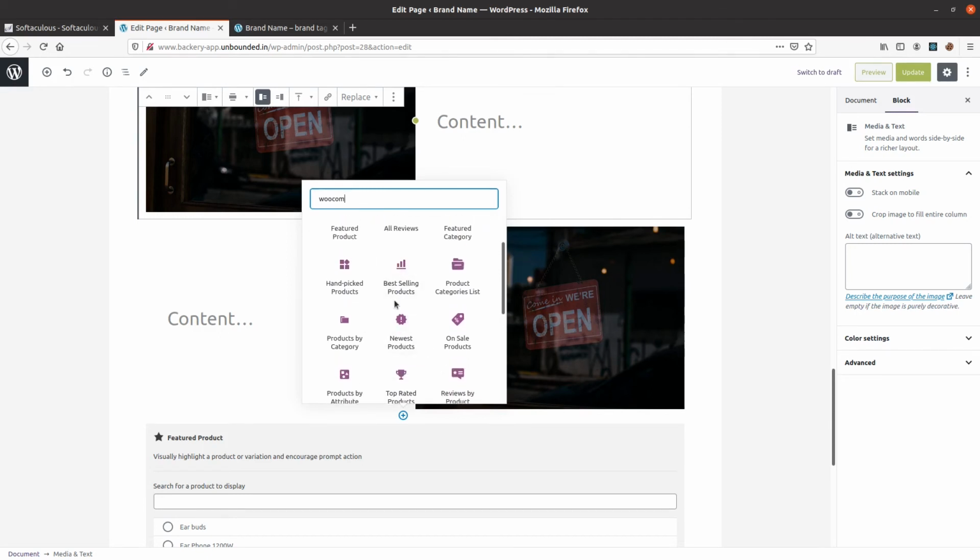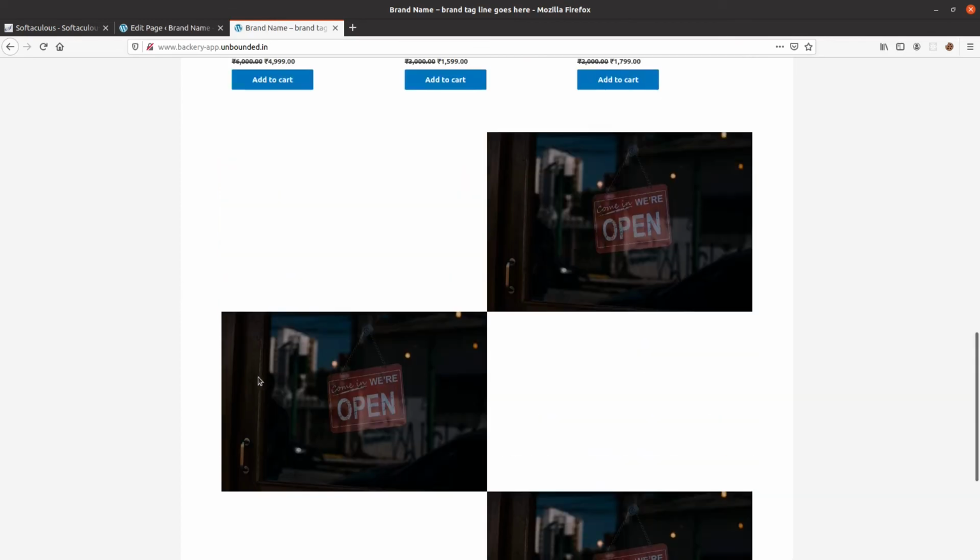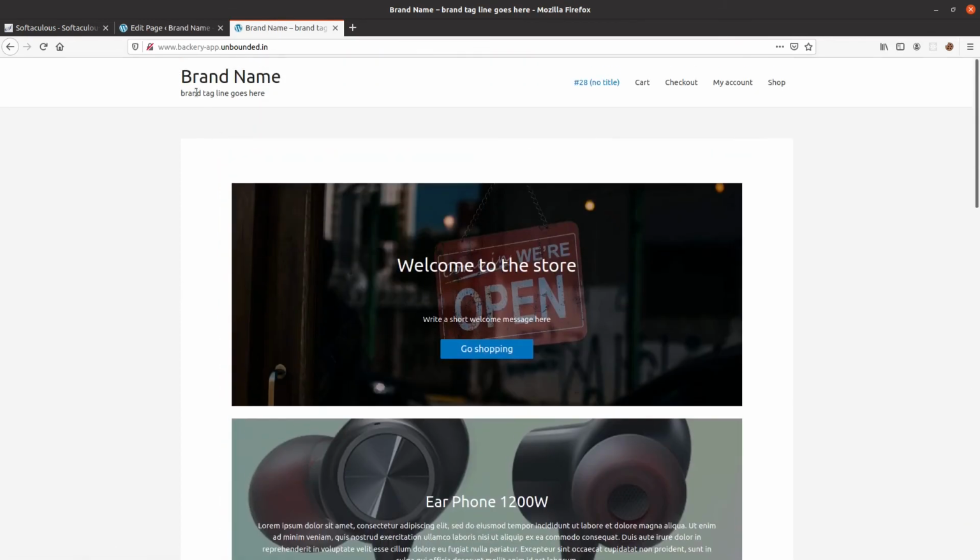If you choose that option, you will be presented with options to select what you want to display. Once you select this option, hit save or publish, and you will have that on your website homepage. That easy it is to change anything on the website homepage.